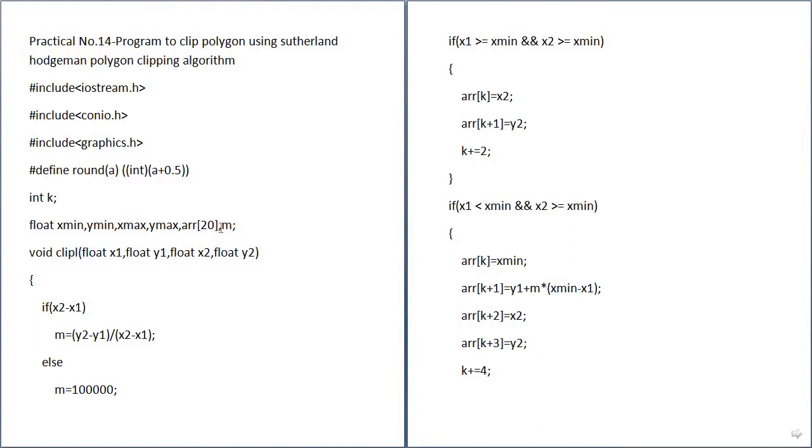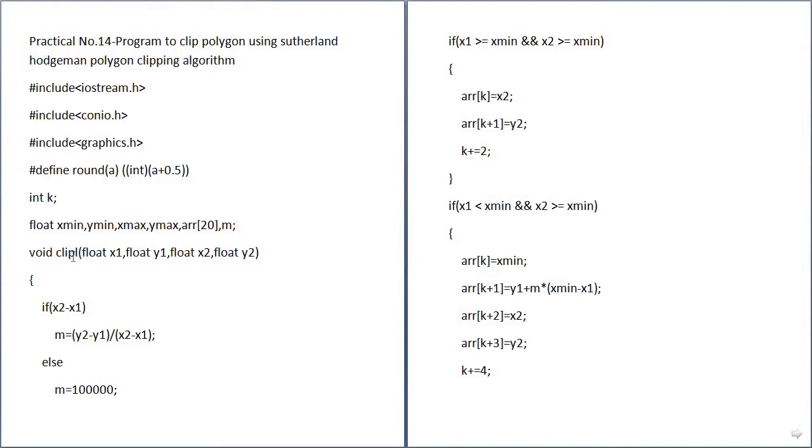Then here m is for the slope, to calculate the slope of our line. Then this is the void clip left. Void clip left means, in our polygon, if it is a rectangle, then it has four sides: left, right, top and bottom.